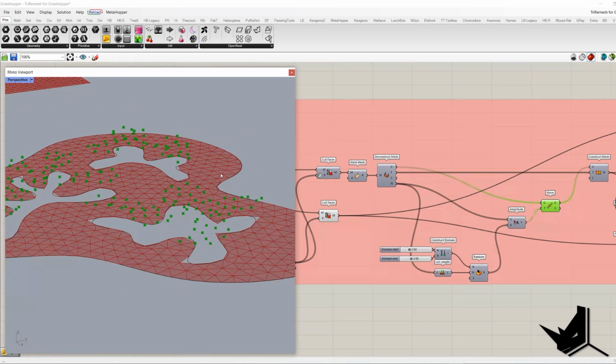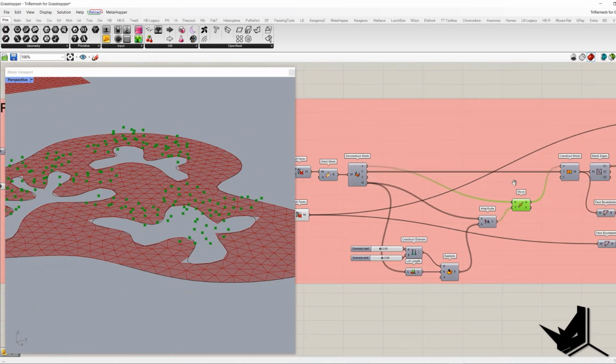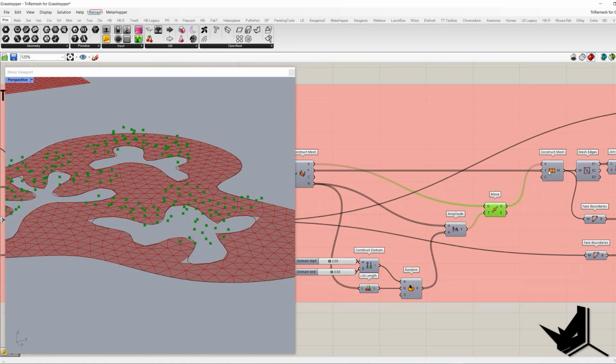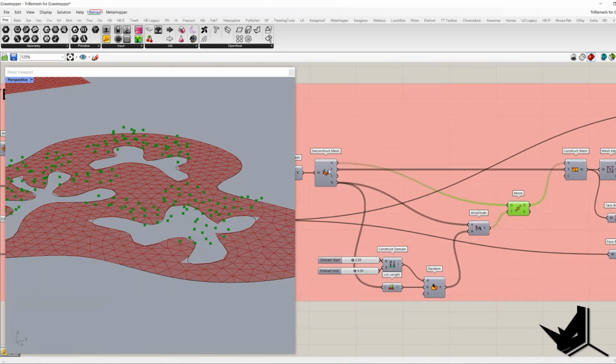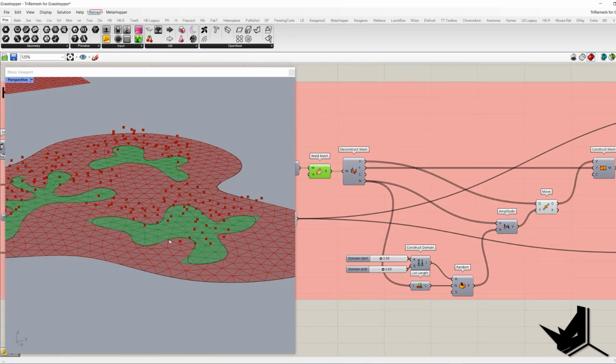Okay, we have the points, but how can we create a mesh from it? We can use component construct mesh. For the vertices, we are going to place all these points that are moved along normal vector, and the faces are actually the same faces as we have for this input. So we didn't modify the faces. Actually, this is the same face, but just moved along normal vector. So we'll place this output from here into an input F for the construct mesh, and that's how we can create